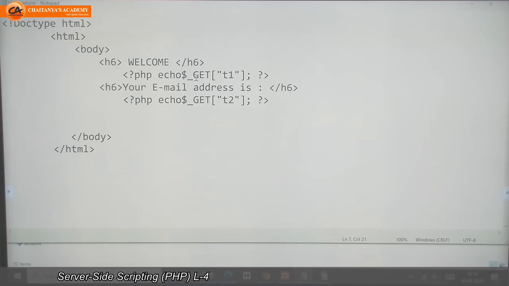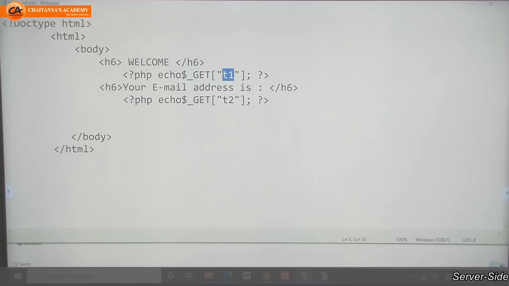PHP echo $_GET. This is the name of the method variable, that is get, which is also known as a super global. And which values are you going to read?